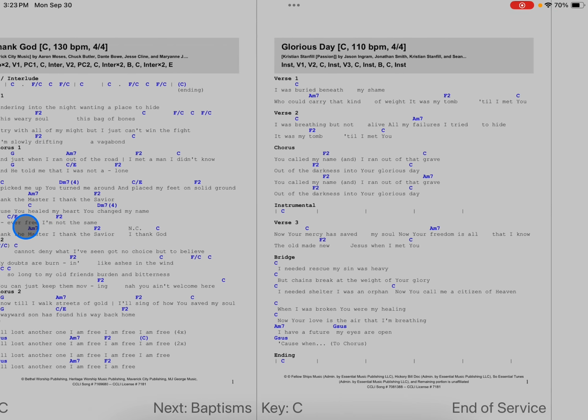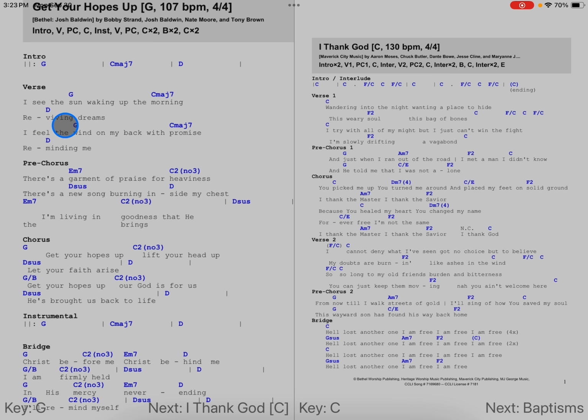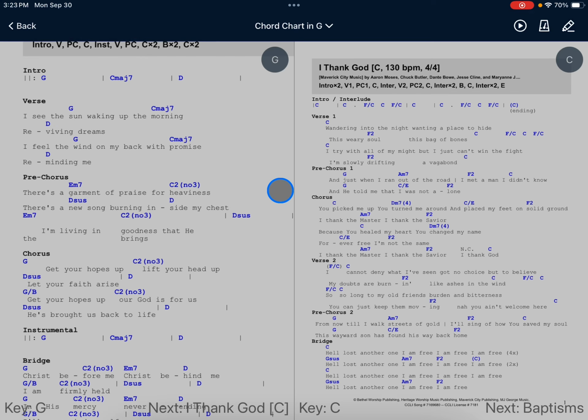So that's basically the very basic functions that you can see here, okay? If you click in the middle of your page, you'll see this bar come up, and this gives us a lot more different options, okay? So one of the options would be if something's changed and we need to refresh, we're gonna hit the back